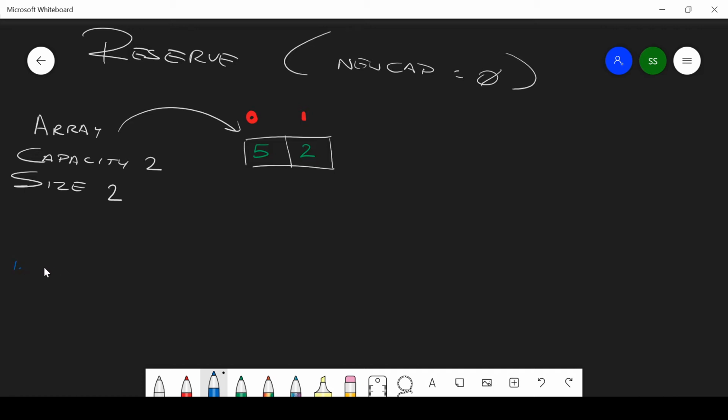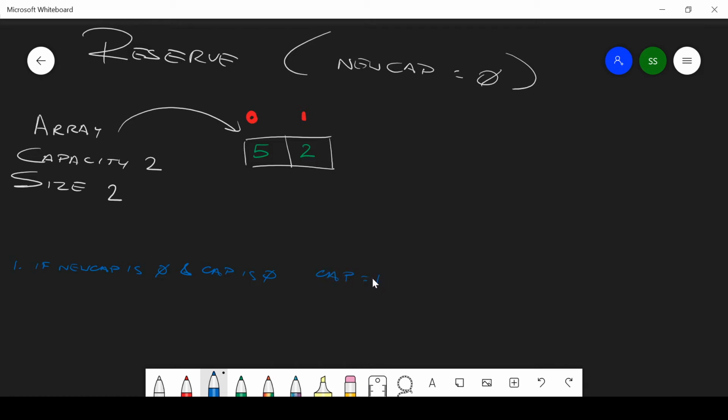So if the new cap is 0 and the capacity is 0, then we will set our capacity